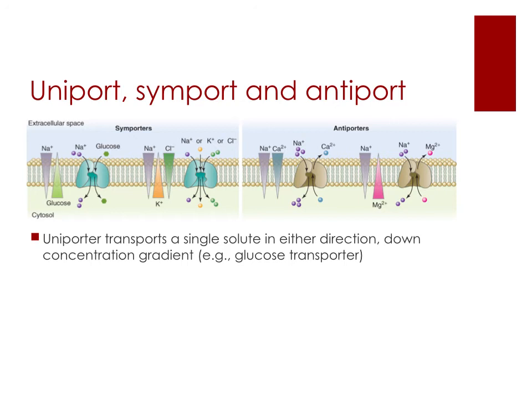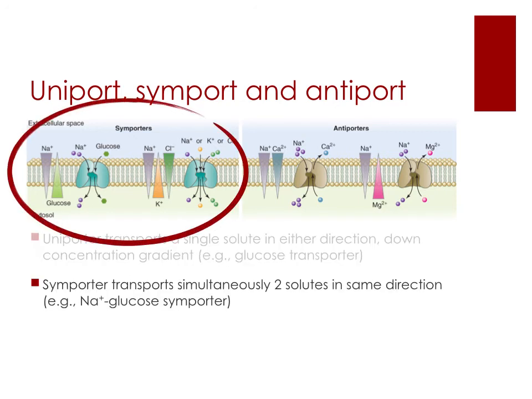So it can move in both outside to inside or from inside to outside direction, as long as it is down the concentration gradient, but it only moves one molecule or one ion at a time, so it is called a uniporter. A symporter will transport simultaneously two solutes in the same direction. So from outside to inside or from inside to outside, again depending on the concentration gradient, but they will move in the same direction. So here you have the example with sodium and glucose that are moved towards the inside